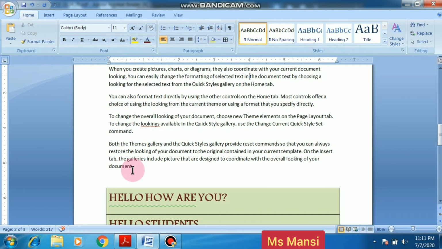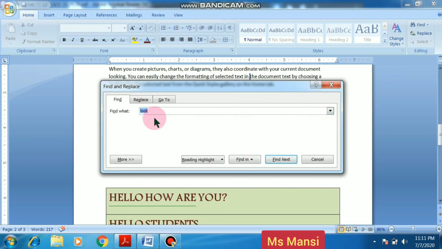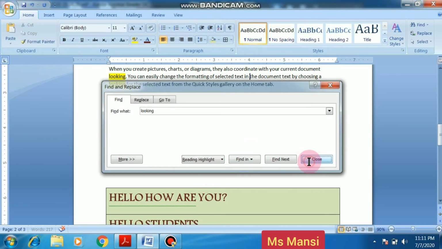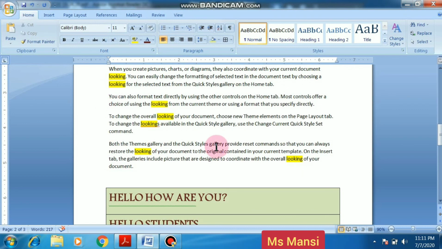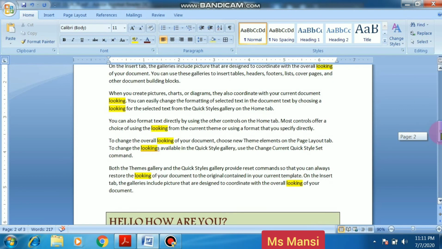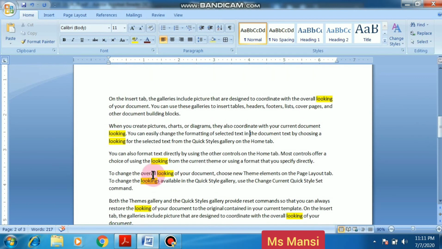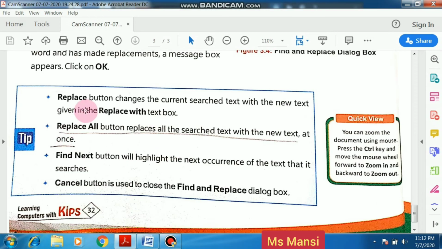Then in your paragraph, look is changed into looking. I find looking again to check whether it changed or not. See, now look is changed into looking, and it is visible to all of you. So this is the function of find and replace.